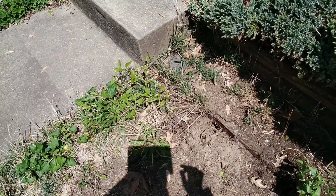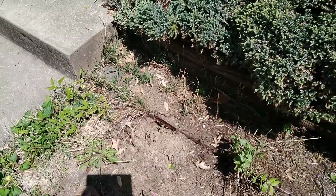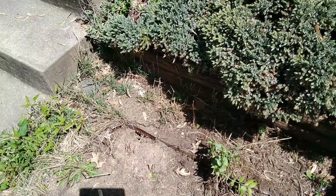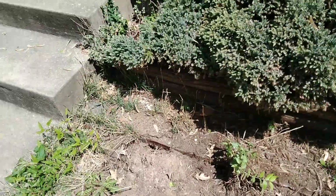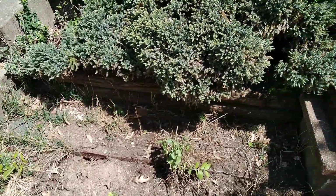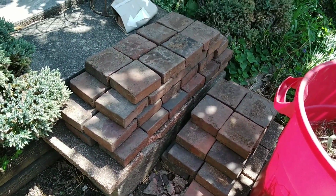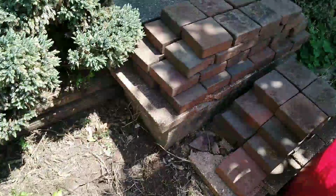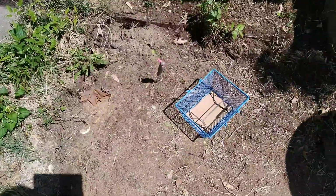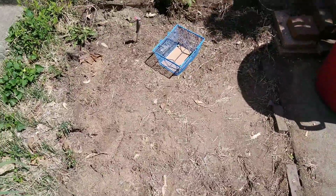Hello there. It's just afternoon on Sunday, the 23rd of April, and so here I am outside. It's sunny but chilly, and here are the blocks, the pavers, paving tiles rather than concrete pavers, that I've been taking up from here. Now, there was an area here of those pavers when I bought the place,